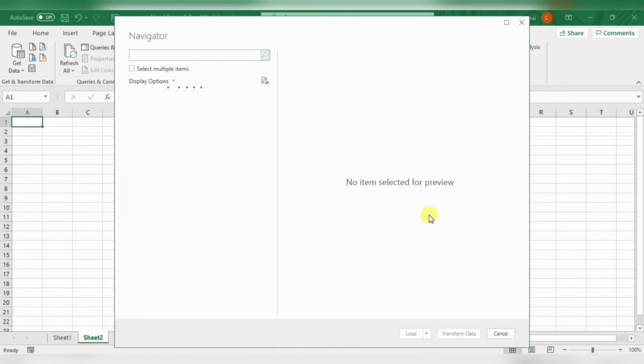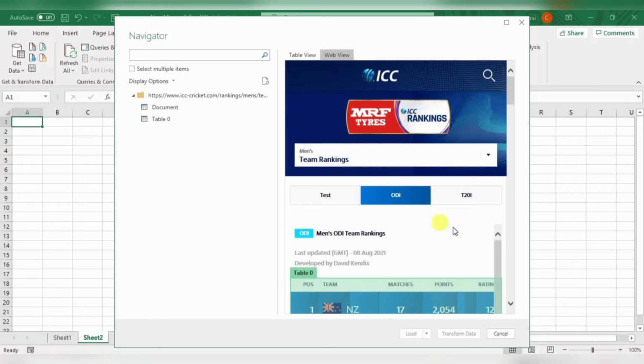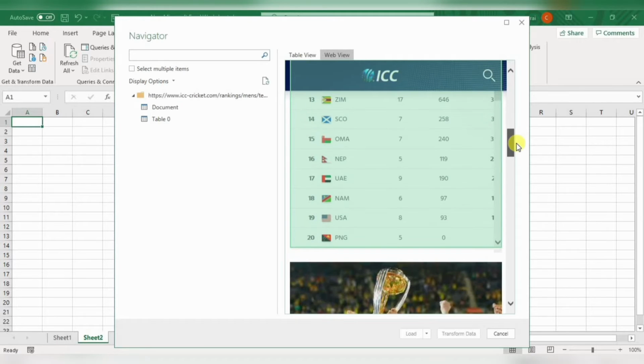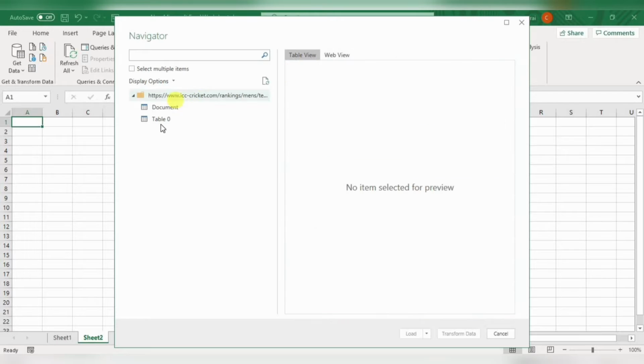Now it's running in the background and pulling all the information from the web to Excel. This is the web view, that is what we have seen in the browser. If you want to check, you can check here. This is the table view.